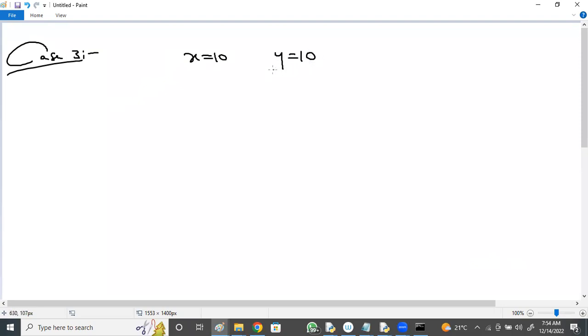X value is 10, as you said, y value is also 10. How many objects get created here? Two objects or one object?